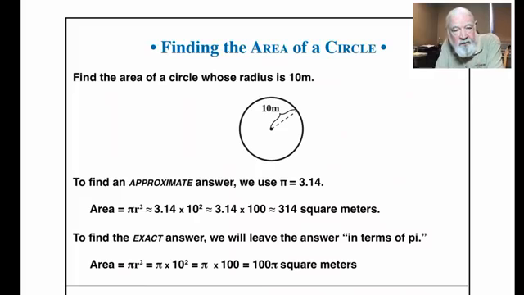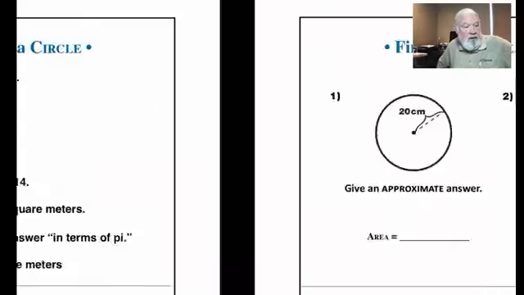So we don't actually give a decimal answer or a fraction answer when we're asked to leave it in terms of pi. As you move through the grades, in the lower grades you'll probably be doing approximate answers, but as you move along to upper middle school and definitely into high school, most of the time when you encounter pi, it'll be just giving the answer in terms of pi. That means we don't multiply it out, because for a given problem, we may not know how much accuracy we want. We may want it to the nearest tenth, we may want it to the nearest thousandth. So when it says give the exact answer, we don't concern ourselves with that. All we're concerned about is giving the numerical portion, r squared, and then that number of square units, in this case meters.